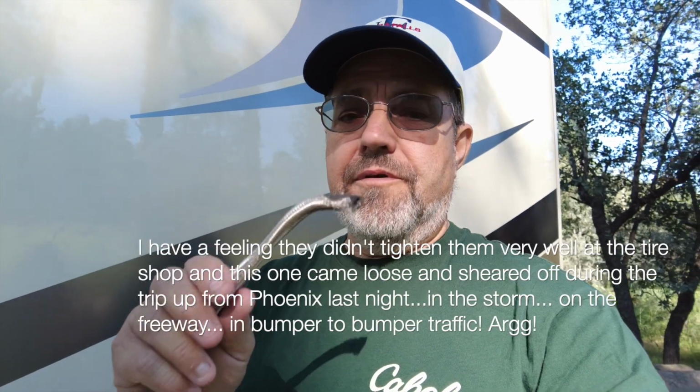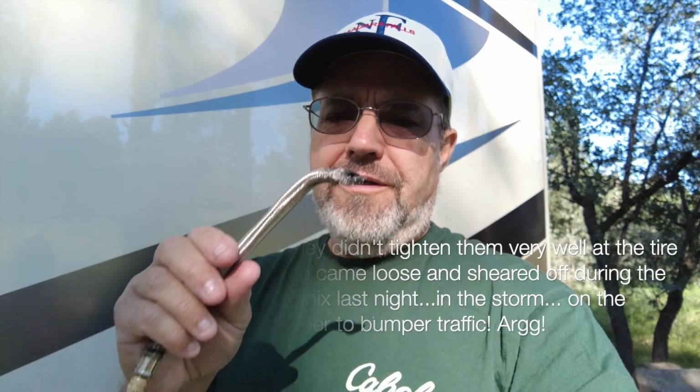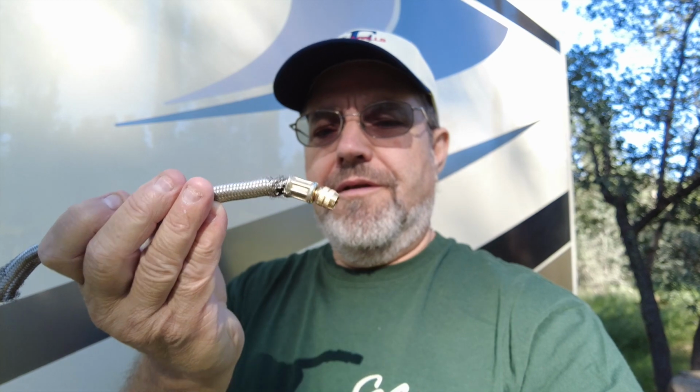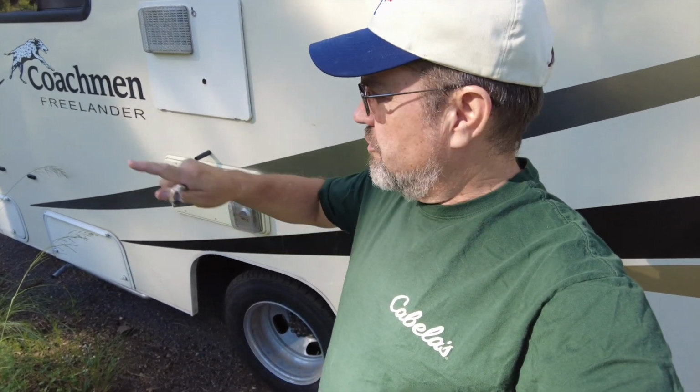They either didn't put them on real tight and they came loose while we were driving, or they're just faulty, one or the other, and it sheared off and then it leaked air. So the new tires that I bought on the way up from Phoenix last night, we realized one of the tires was flat. It was this one down here, the driver's side on the back end, and somebody was pointing down as we were driving up the road,